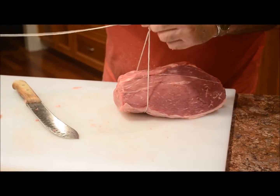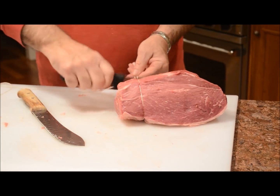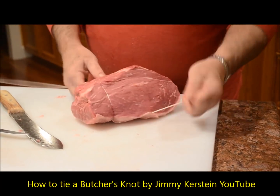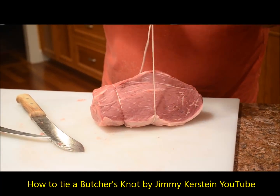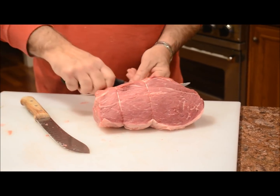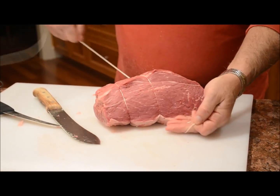I'll do this real quickly. I do have a video to show you how to do the knot. If you've watched my videos before, you probably know that already. Just Google Jimmy Kerstein, how to tie a butcher's knot. It's pretty easy. It's worth learning how to do. You'll use it for all kinds of things, from tying something in the back of your pickup truck, or